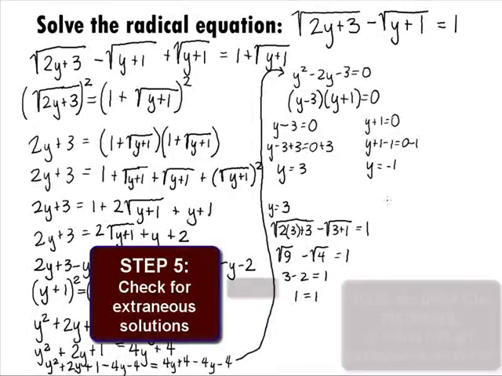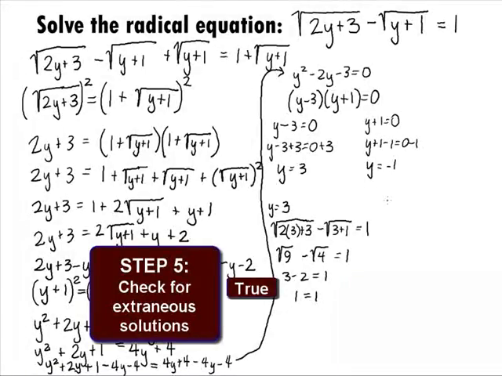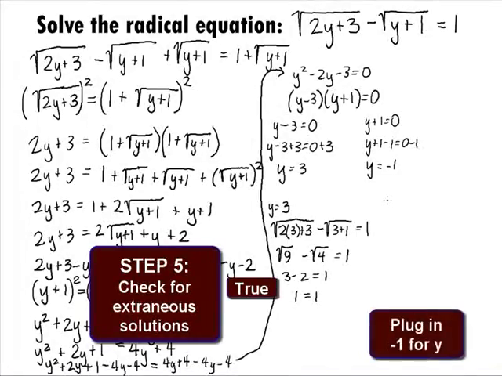Since we got a true statement, this means that y equals 3 is a solution for this radical equation. We still need to check y equals negative 1. We can do this by plugging it into the same equation. So we will get square root of 2 times negative 1 plus 3 minus the square root of negative 1 plus 1